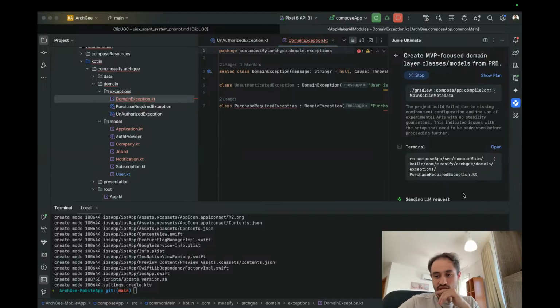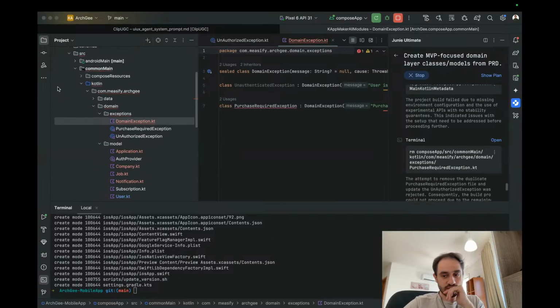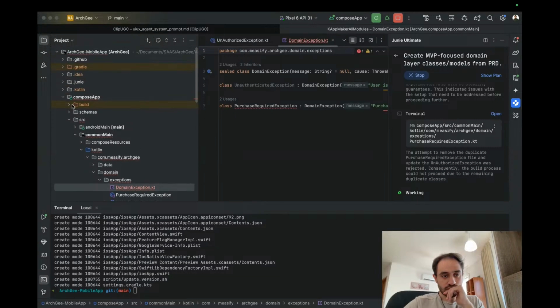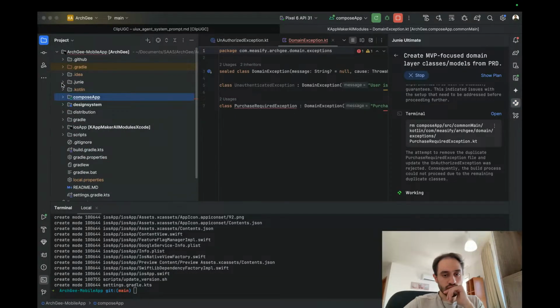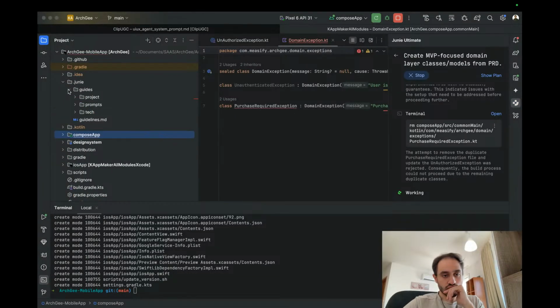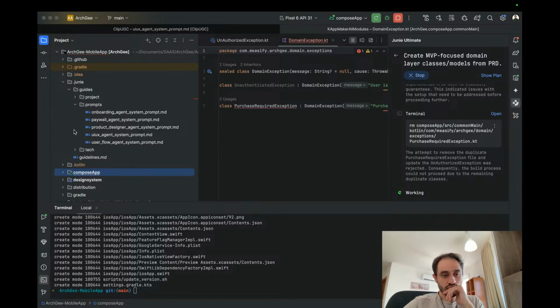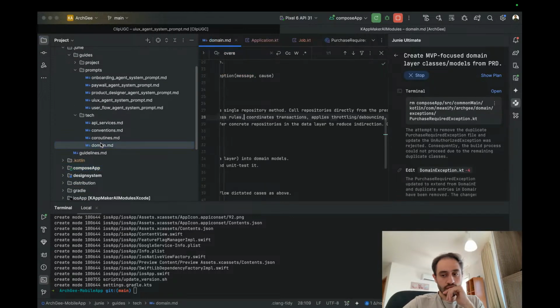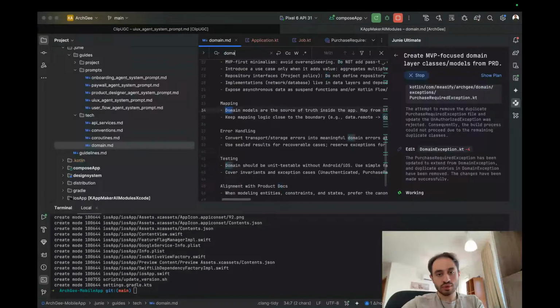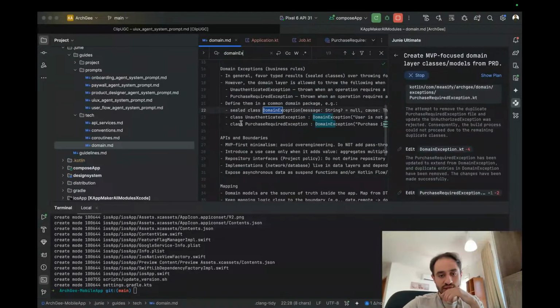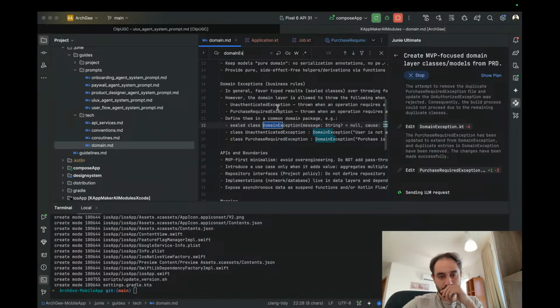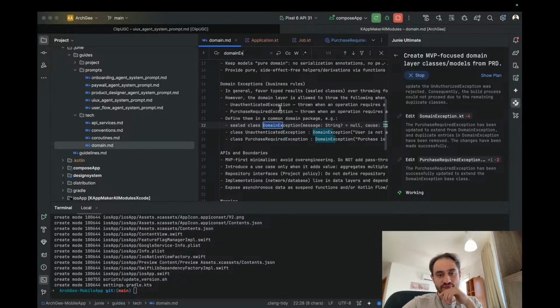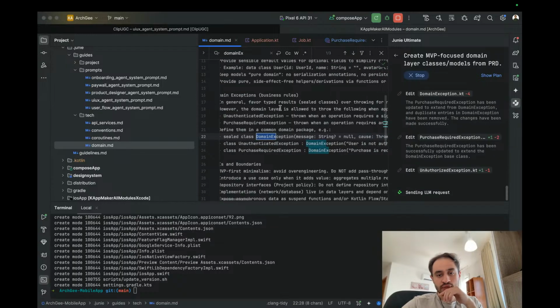I check it, skip it. Domain model, domain exception. Yes, defines them in common domain package. In general, domain exceptions